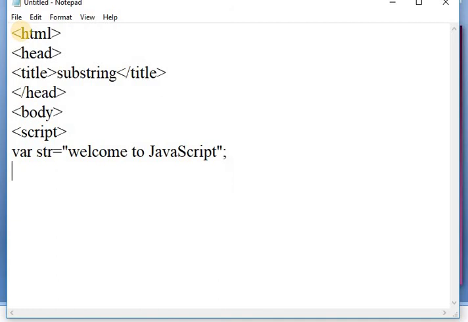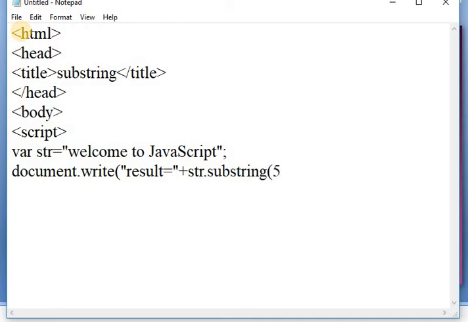After that, by using the document.write method, I am printing the result of a substring method, that is result is equal to str.substring. Here I am passing only the 5, meaning the starting index, and here use a break tag.